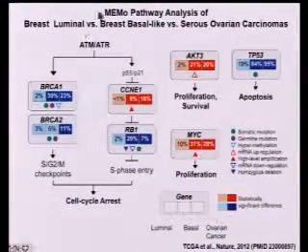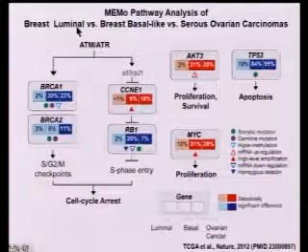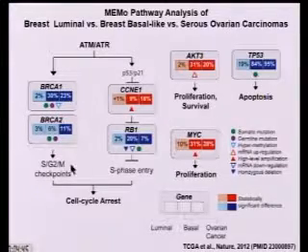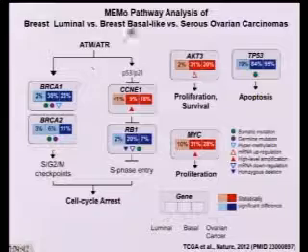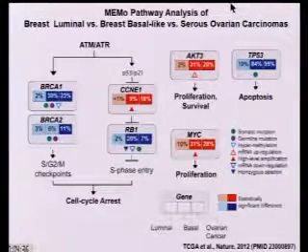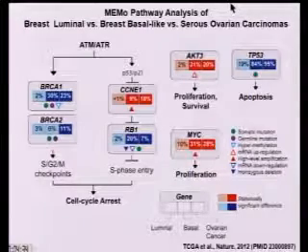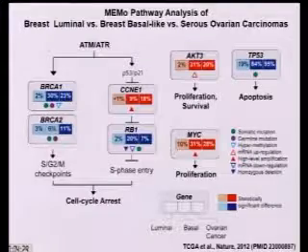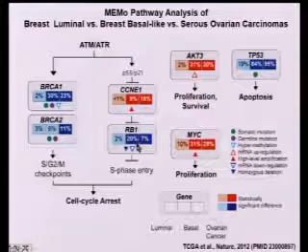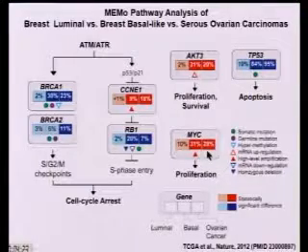Now, another interesting analysis Giovanni did was to compare luminal breast versus basal breast versus serous ovarian cancers. To make a longer story short, what we could see was that basal-like cancers and serous ovarian cancers shared many common events and were actually more similar to each other than either one was to luminal cancer. And this included loss of BRCA1, gain of cyclin E, loss of RB, gain of MYC, loss of P53, and